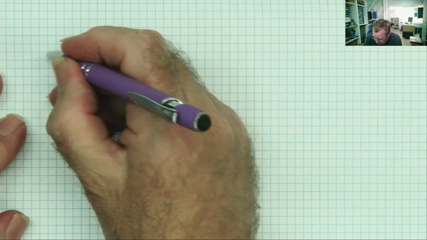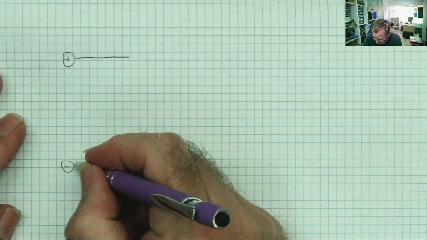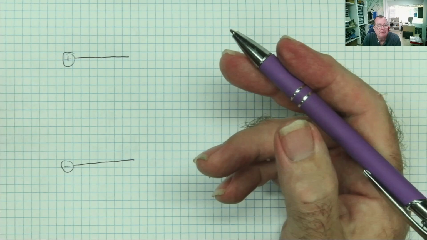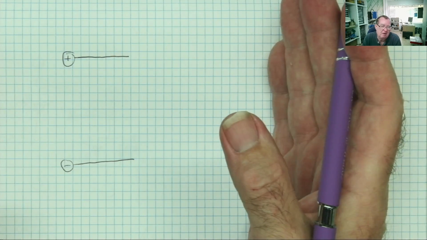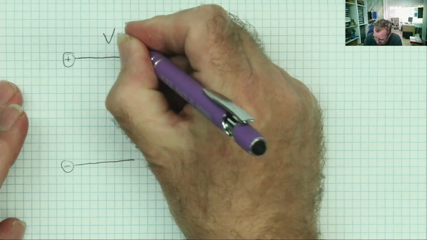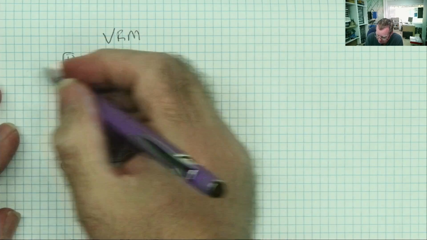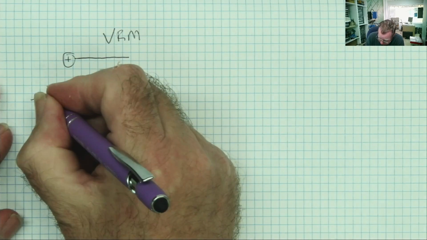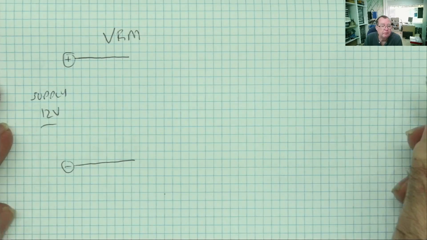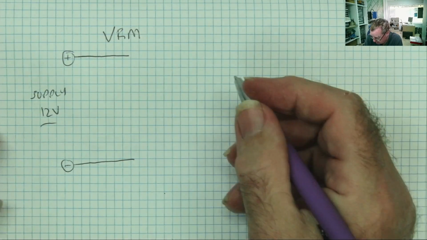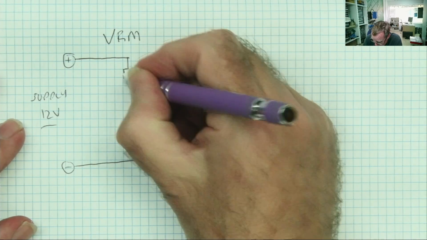So we have a circuit. This is your positive. This is your negative. You'd find this, for example, driving the GPU on a graphics card. In fact, there'd be a number of them in parallel, forming what is called a VRM, voltage regulator module. And we have a supply, 12 volts, okay. And we have here